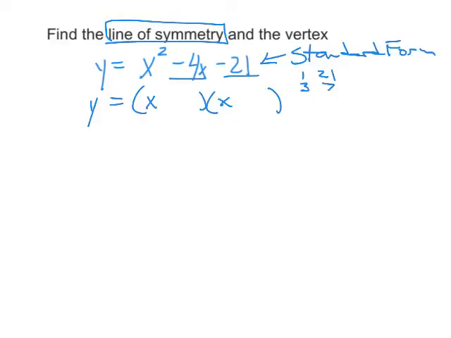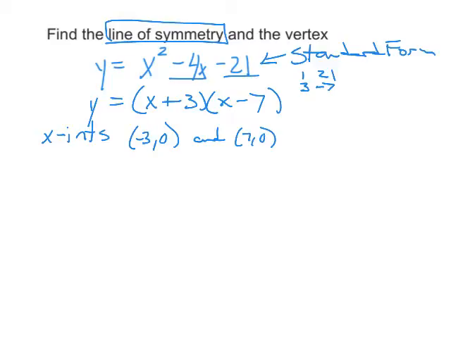Looks like 3 and 7, as long as the 7 is negative, is going to be what we want. x plus 3, x minus 7. That gives me x-intercepts of (-3, 0) and (7, 0). It's going to be a little bit more challenging to graph here, but